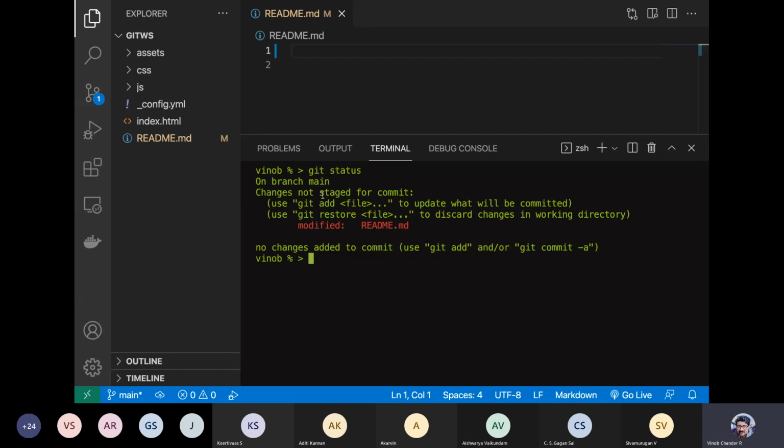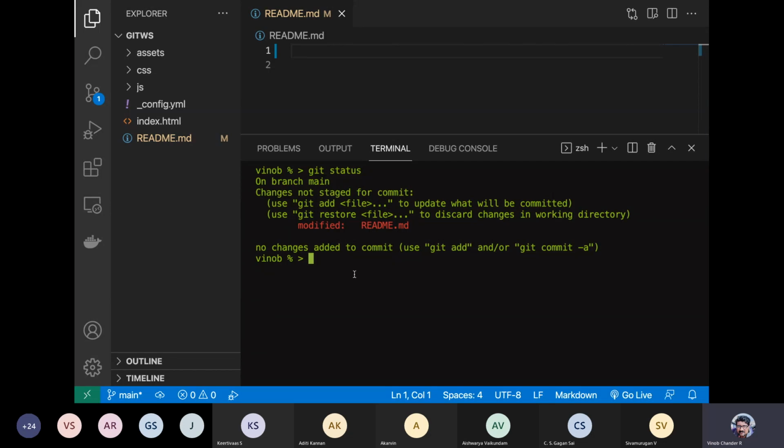But let us say I have just deleted, and I just want to undo this particular deletion. You can undo the deletion by making use of git restore. So you do a git restore here directly. This will get restored and you will get the content back. But say you have staged it, and after staging it you realize that you should have restored that. You can do that as well. Before committing, after staging, if you want to undo, you can do that. Okay, so let us do that.